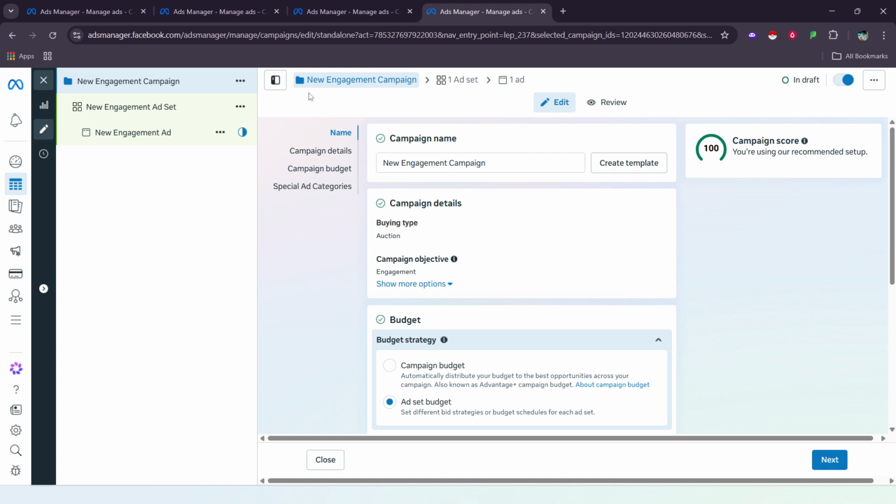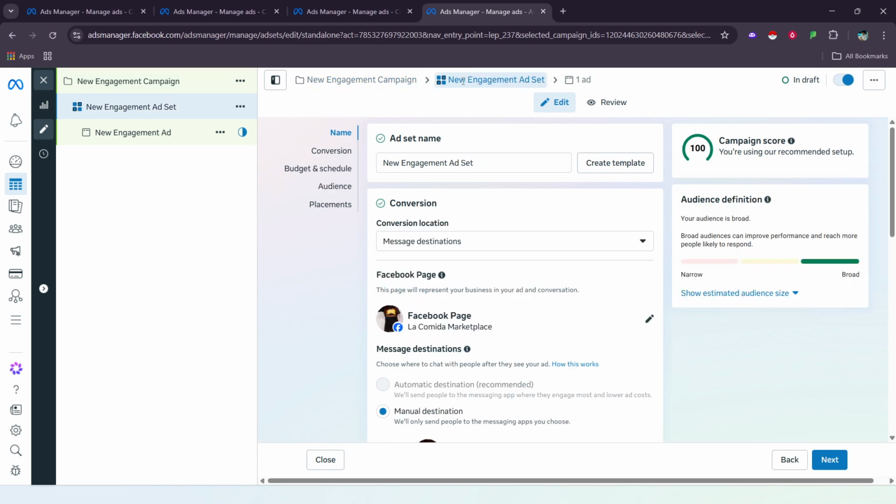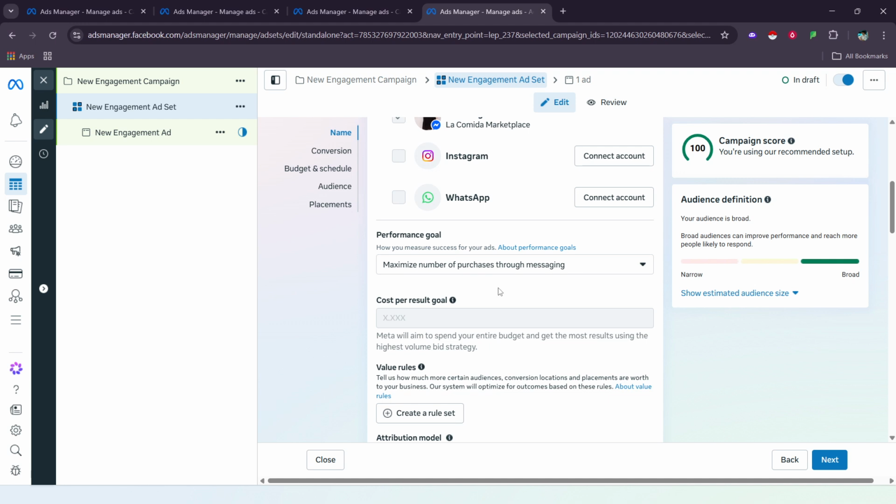Now set your audience. Define the location where your customers are. This can be a city, region, or country. Choose the age range and gender that fit your ideal buyer. Then add interests that describe what your audience cares about, things like fashion, cleaning, fitness, or home decor. Keep it relevant and specific. A focused audience often performs better than one that's too broad, especially when starting out.